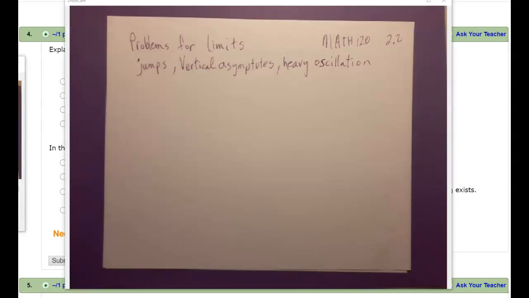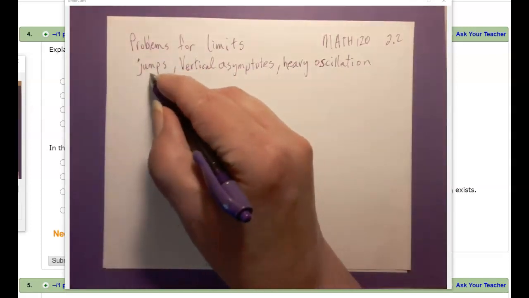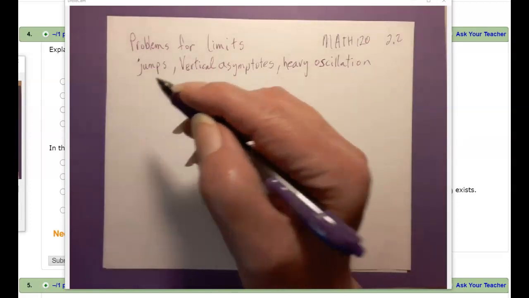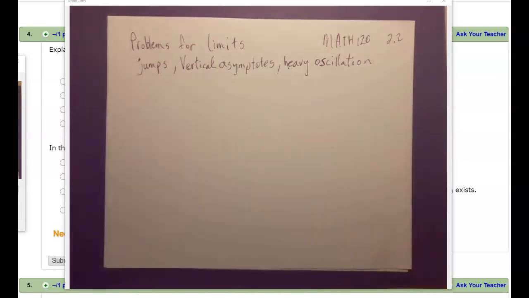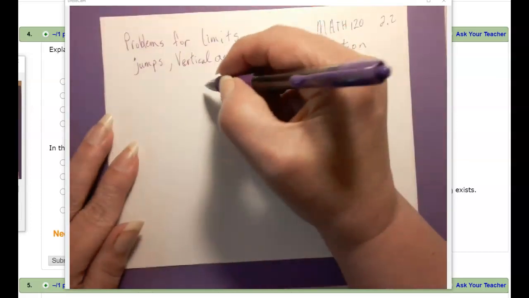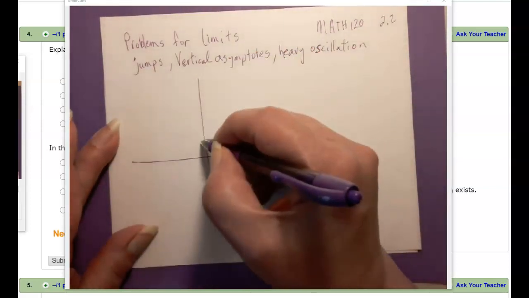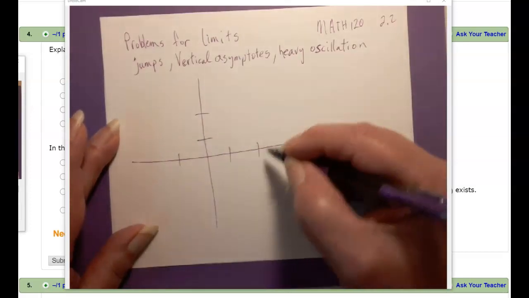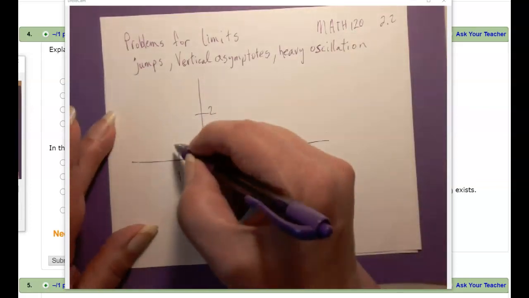To summarize, looking at a graph, there are 3 problems we could see for limits. A jump we already looked at. There was a gap between 2 values. We looked at that, I think, in problem number 2. Heavy oscillation we looked at, and vertical asymptotes can be a problem. So if I had a graph that looked like this, you want to make a sketch of this so that you can work along with me. If I have a graph that just looks like this,